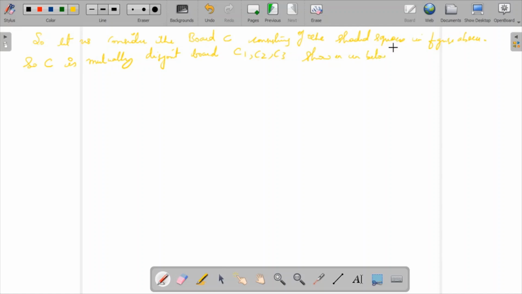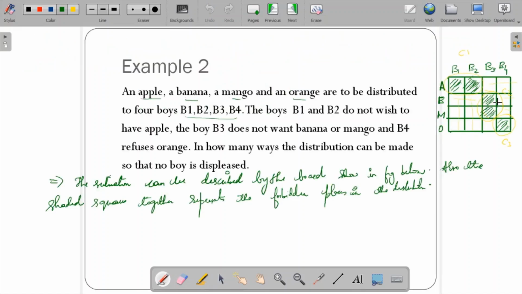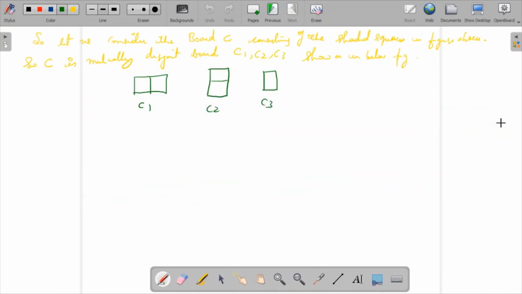You know that the product rule is nothing but R of C1 of x into R of C2 of x into R of C3 of x. So C1 is nothing but two boxes. This is C1, C2 is this, and C3 is just one box. So using the rook polynomial, that is the product rule, R of C of x is, using the product formula,